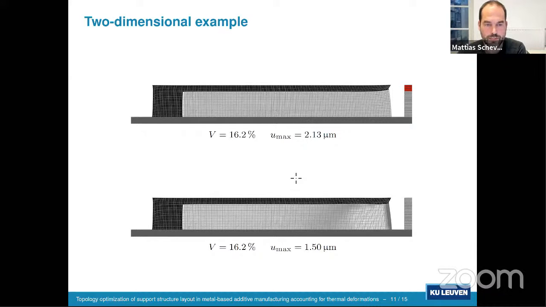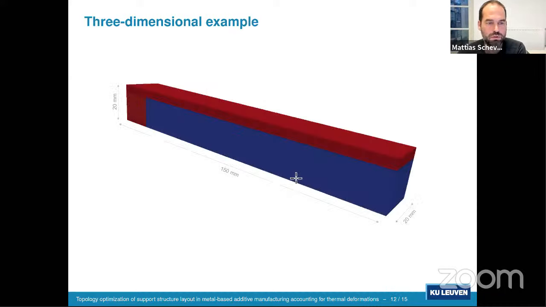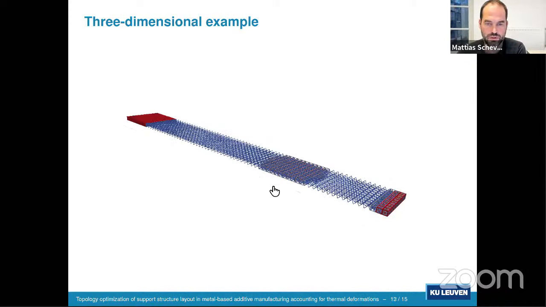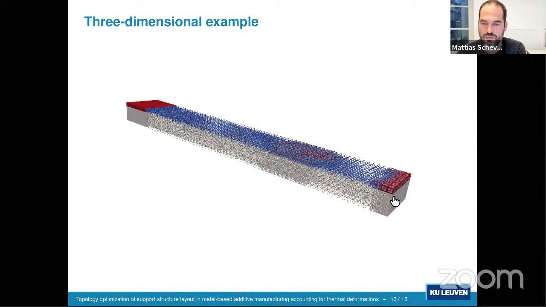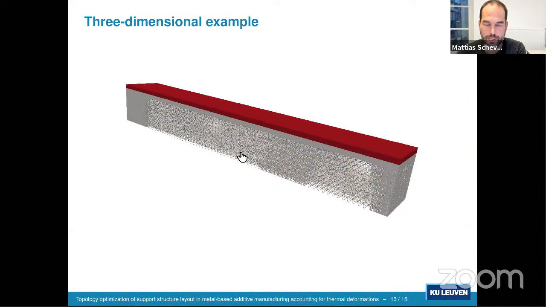It's never exceeded. And then finally, we also applied the method to a 3D example, which is in fact just an extruded version of the 2D example that we just considered. And then it also works. The next slide shows an animation of the different stages. And we can see the same strut-like structure here at the tip of the cantilever and a similar shear wall-like structure here.